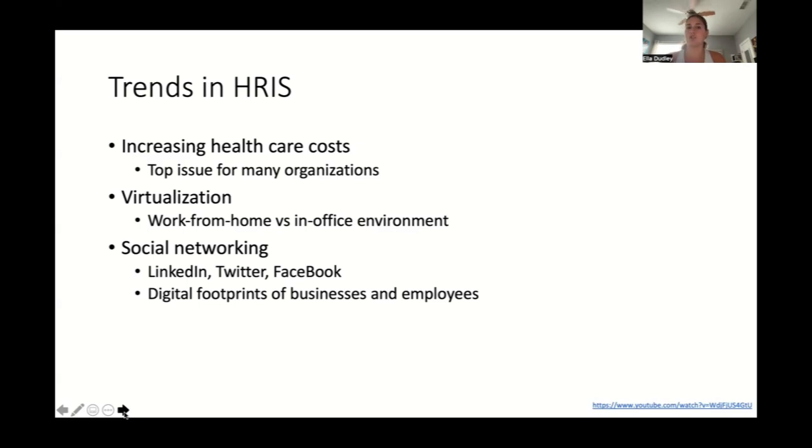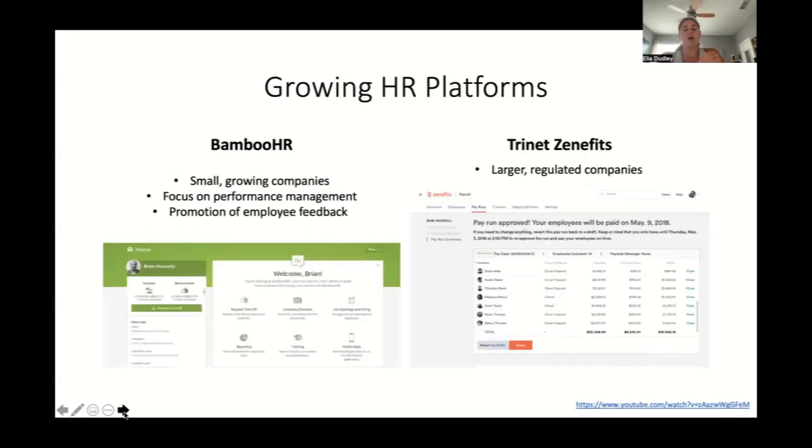So how can HR try and manage that so that our hires are well vetted and that the business is maintaining a positive outlook? Like I talked about earlier with the small businesses and the advancements in technology, there are a lot of growing HR platforms. I know UKG and Workday are already huge, right? They already take up a lot of this space and have a lot of larger businesses on their side. For smaller businesses, there are examples like Bamboo HR,